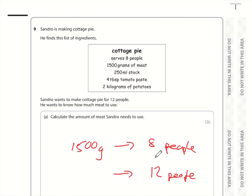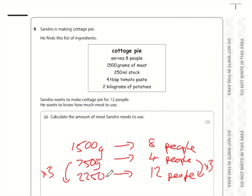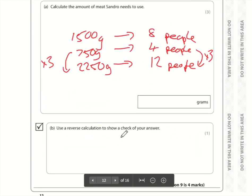Okay, well we could answer that question, but here's another way of looking at this. 8 and 12 are multiples of 4. So if 8 people need 1,500 grams, then 4 people is going to be half of 1,500, which is 750 grams. So for 4 people, it's 750 grams. 12 people is 3 times 4 people. So we're going to need triple the 750 grams, and 3 times 750 is 2250. So that is our answer,